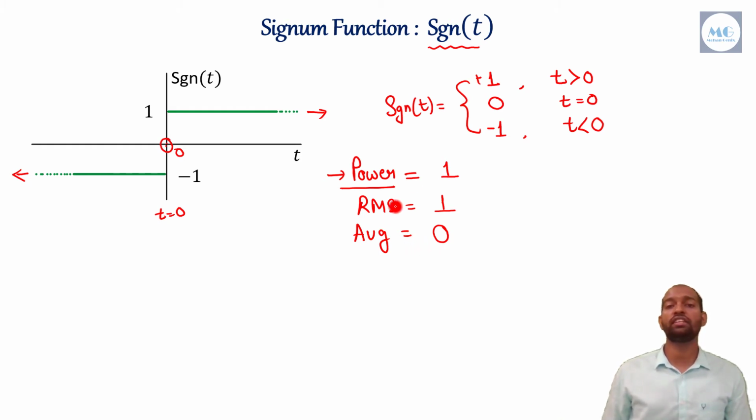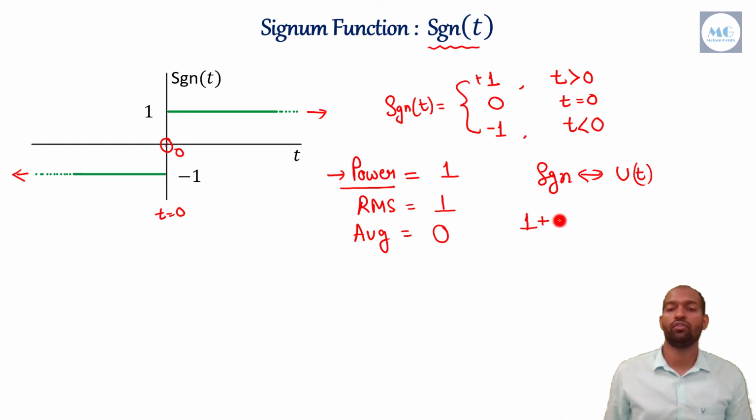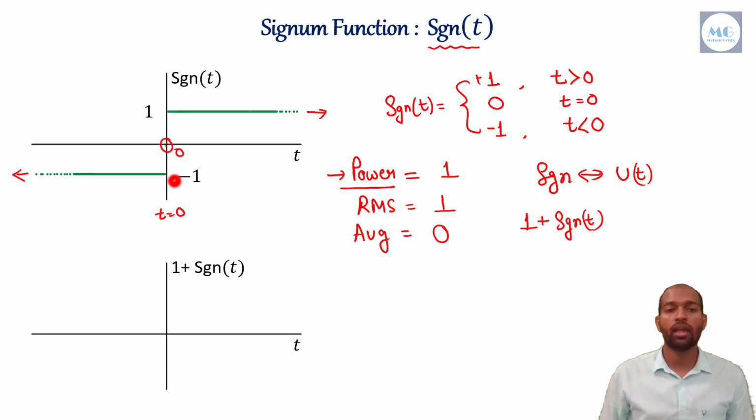Now we will relate this signum function and our unit step function. What you do is, you just add 1 to this sgn(t). Let's draw it. We just have to add 1 to this signal. If I add 1 for t less than 0, that is for this side of the signal, it will become